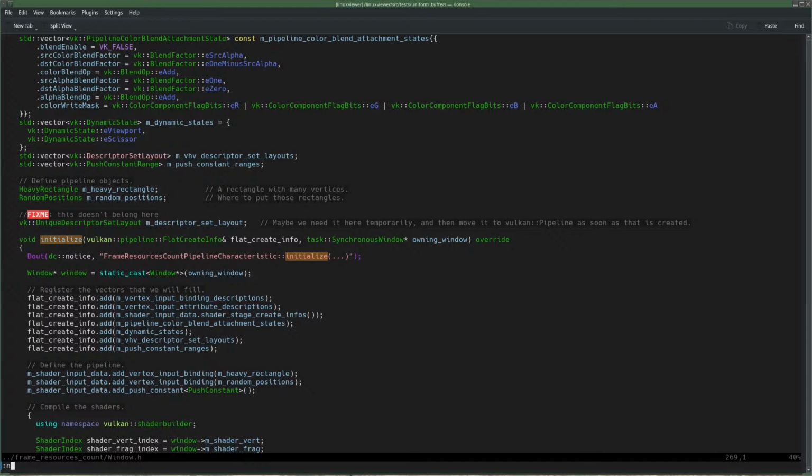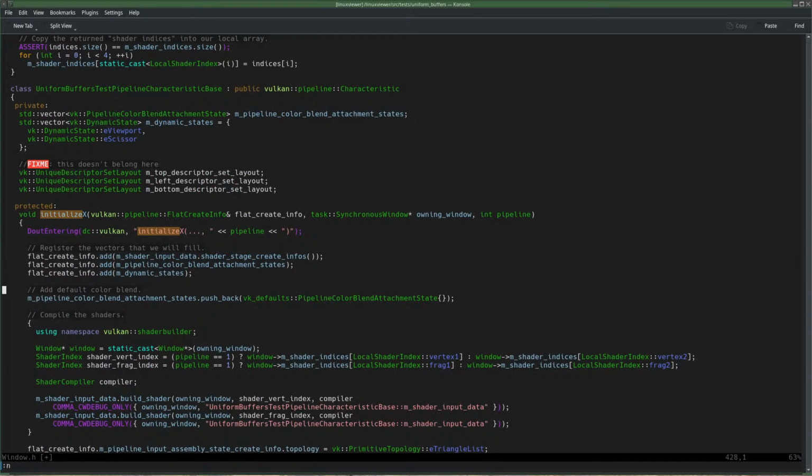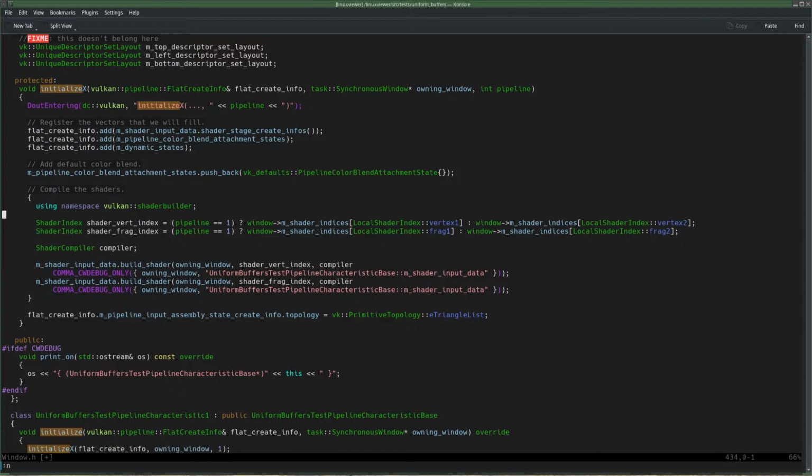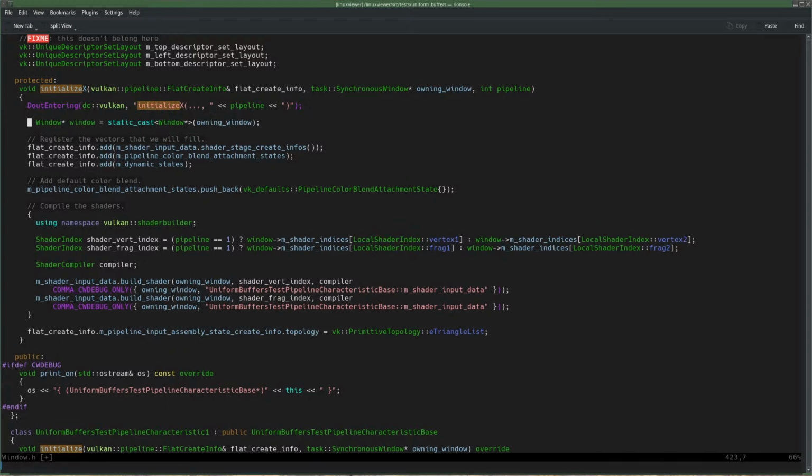So let's move that up then also, because I'm pretty sure I already have that. I don't. Oh, I do. Yeah. So that was one change. Now we have a window at the top already.